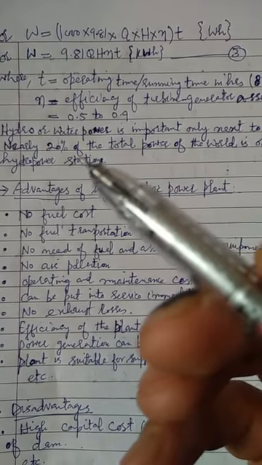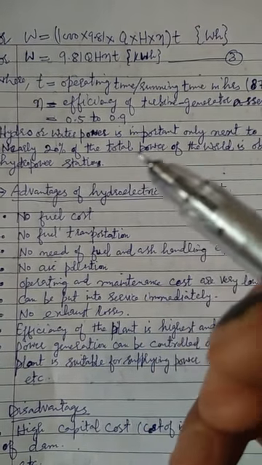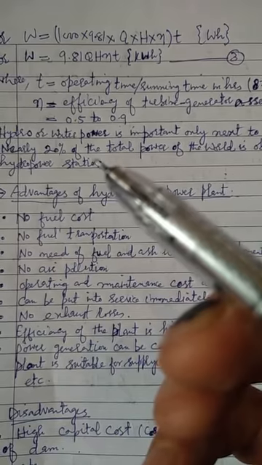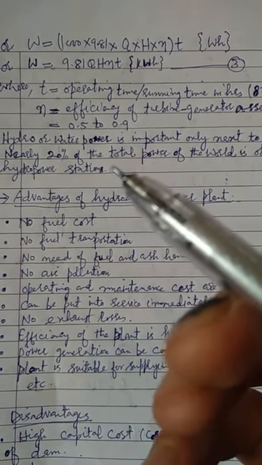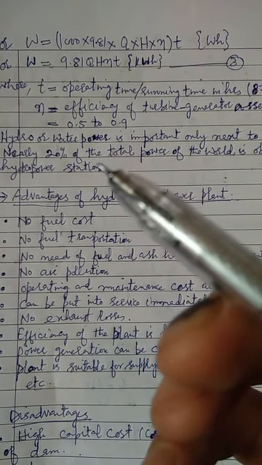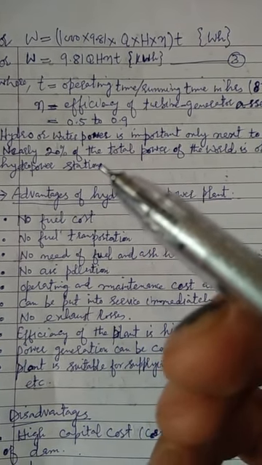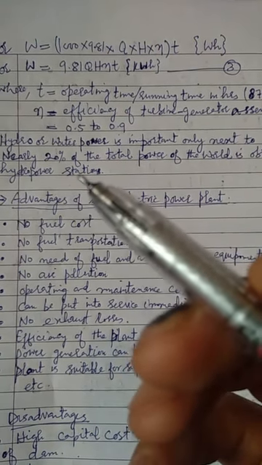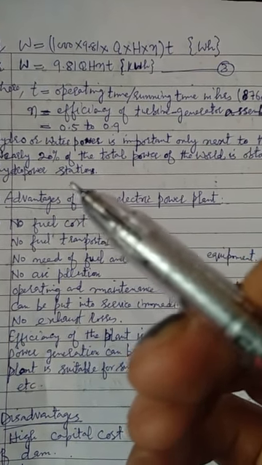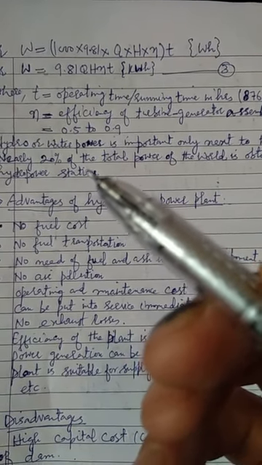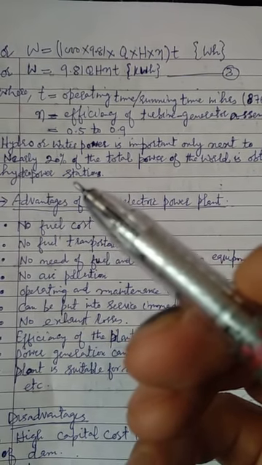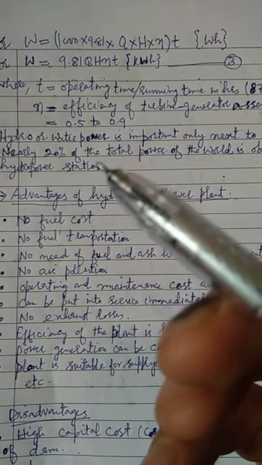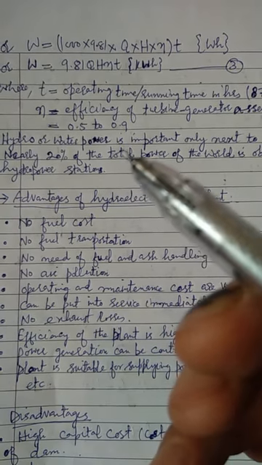Now what is the difference between thermal and hydroelectric power plants? You can now differentiate yourself because you have studied both these types of power plants. Which type of power station is suitable for us, thermal or hydroelectric? You can differentiate easily by studying the advantages and disadvantages of both. But my point here is that the world uses hydroelectric power plants second, while the first comes the thermal electric power plant, which produces almost 60% of the power.